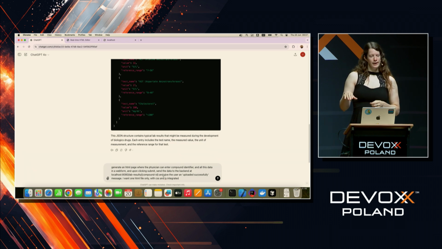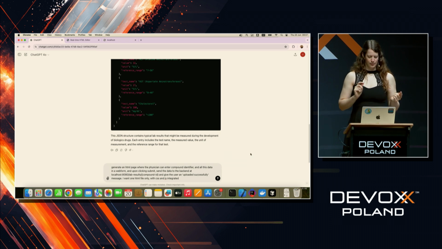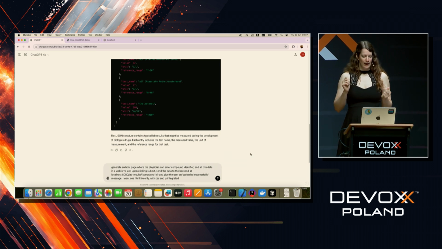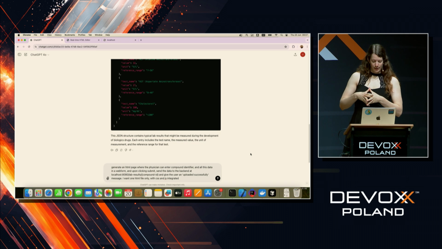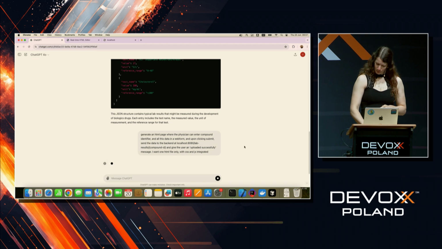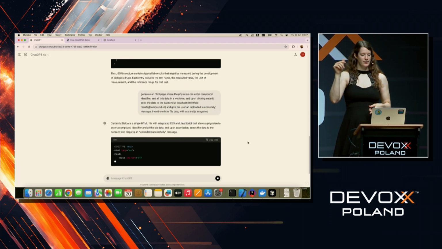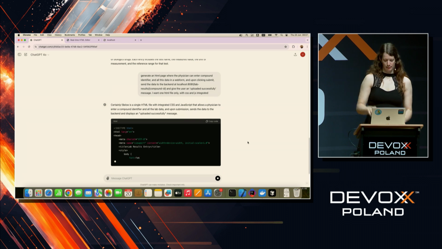When they click submit, send it to the backend at a certain port, and then give an uploaded successfully message. I want one HTML file only with CSS and JavaScript integrated because I'm lazy and I just want to copy this thing out. So I'm basically asking for a kind of system where the physician can enter all these values and submit them to my backend.